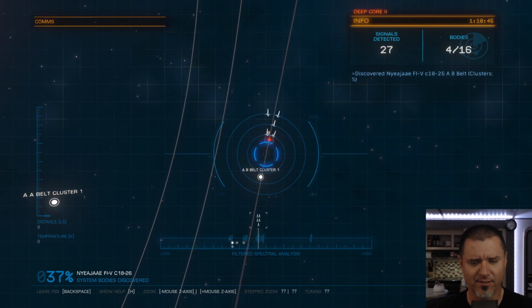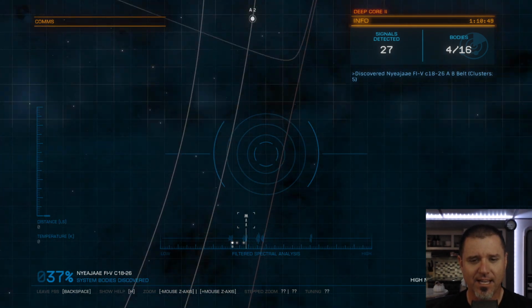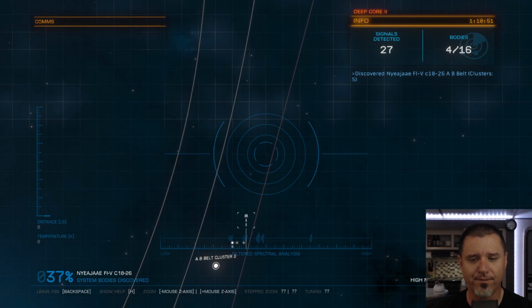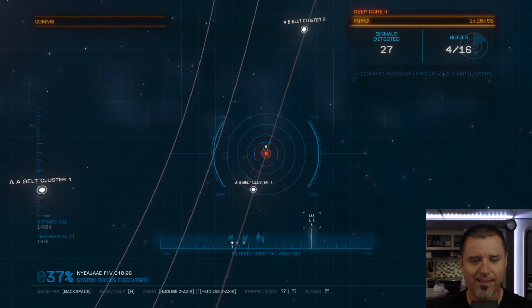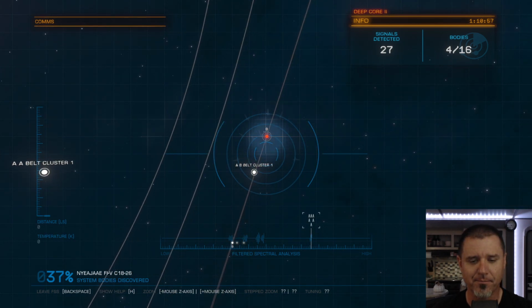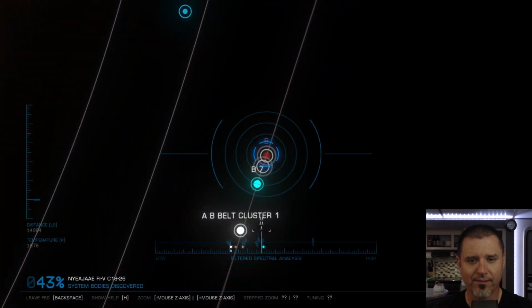What do we got here? So we got some icy bodies. There are some high metal content planets here. It would be nice if we could find some first footfall stratum tectonicus. I think that would be pretty sweet. So unfortunately, I don't think that this is going to let us...